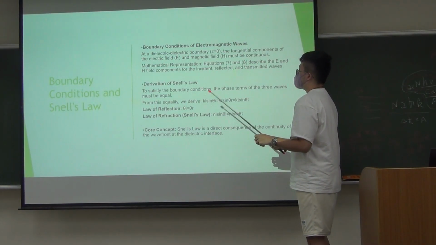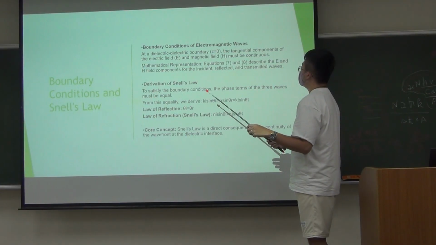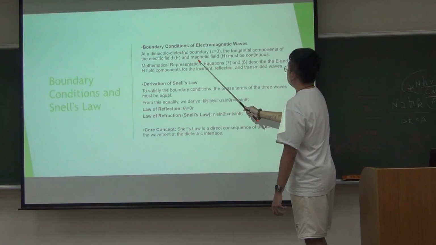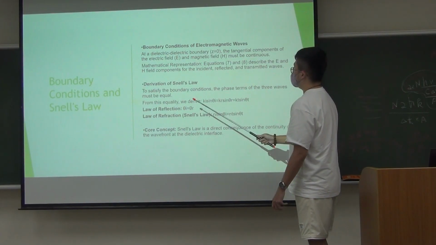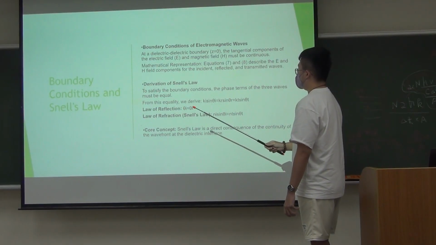In this condition it has the boundary law, and it must have